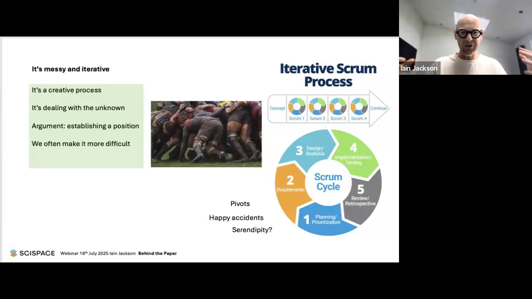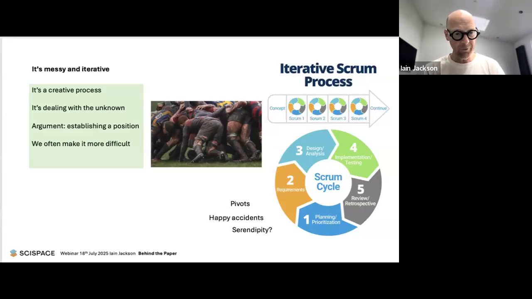There's people pushing against you. Some people are on your side, but some people are also working against you, which often seems to happen, whether that's the funding bodies or the peer reviewers or even your own institution sometimes. It's not easy. It really isn't. And if you can get something published and peer reviewed and out there in a journal, it's a massive achievement. It really is a huge achievement.